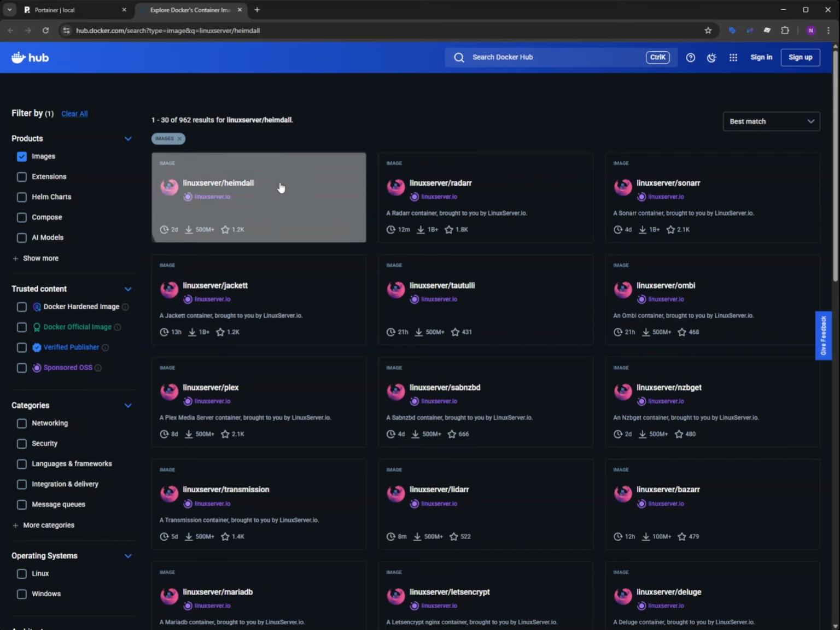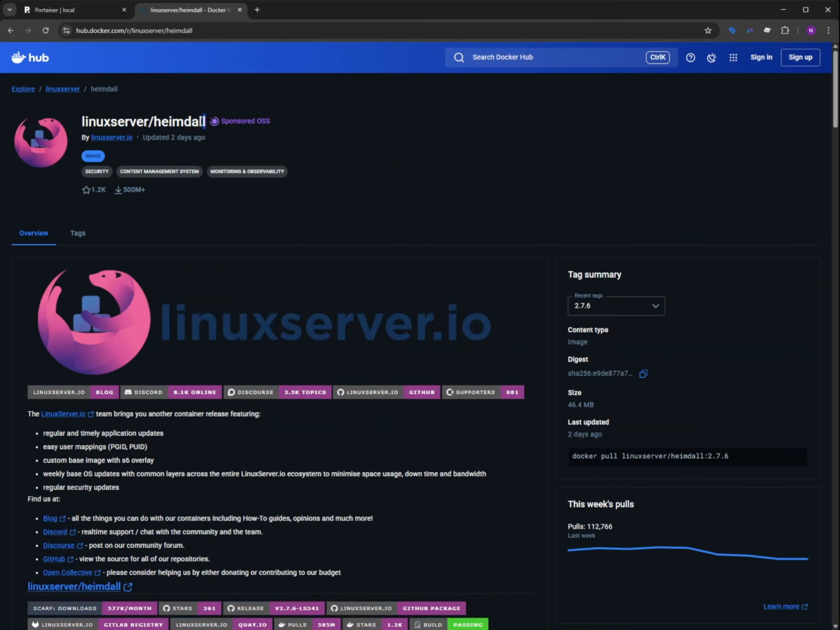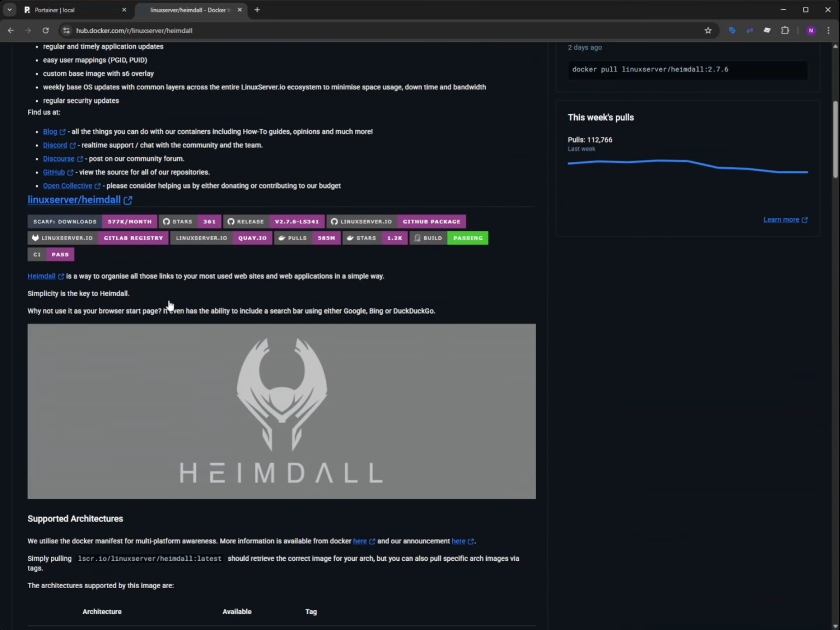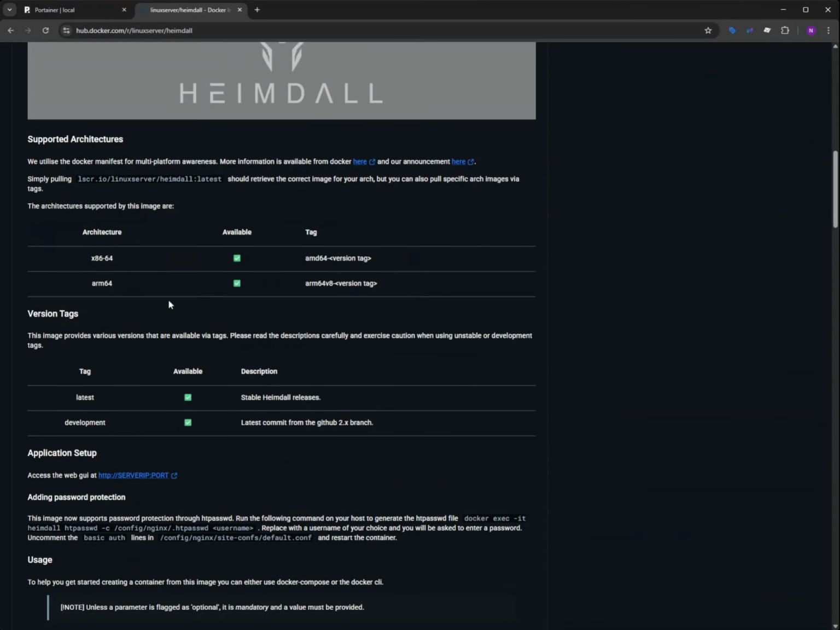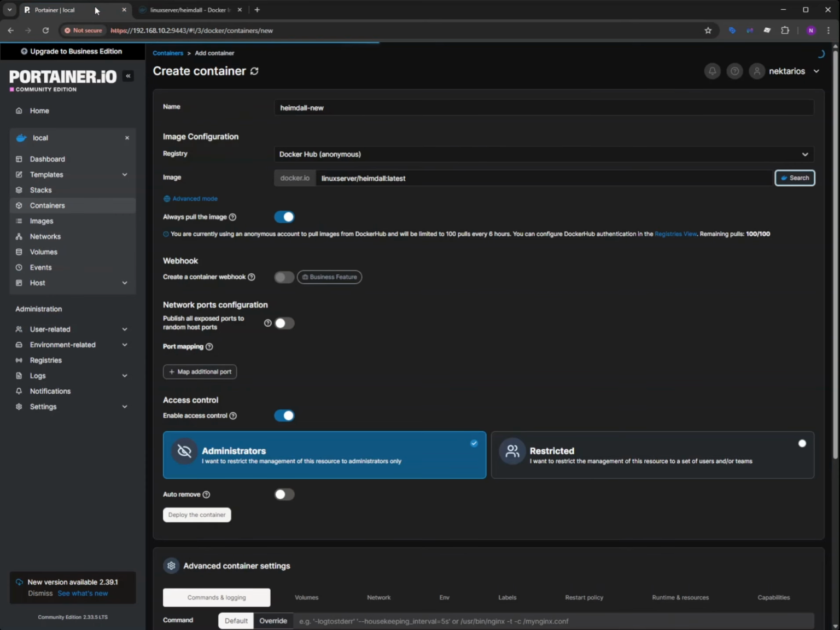We see a lot of installations. That is the image updated 2 days ago. This is one of the simplest homepages, very good for organizing our home lab, because the links are getting more and more, the containers, the VMs, and of course we can add a lot of shortcuts. We paste the image here, okay,